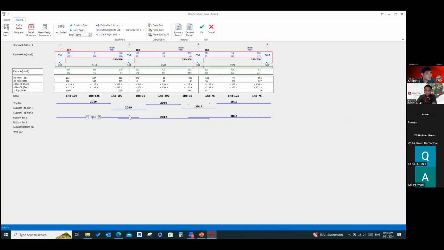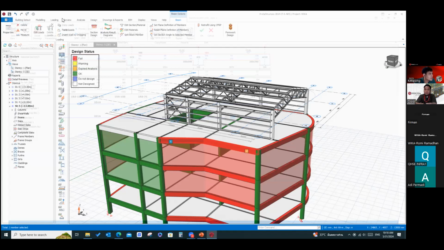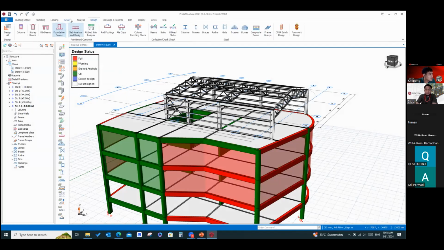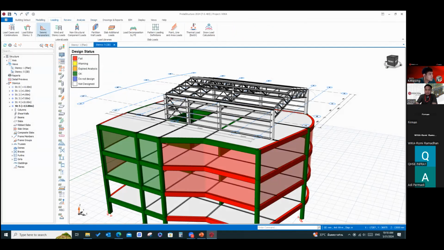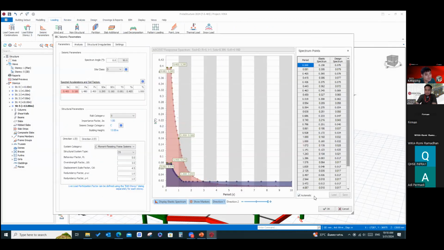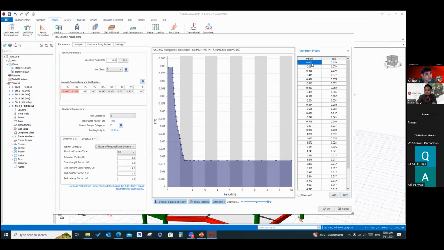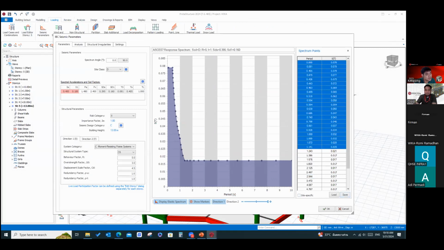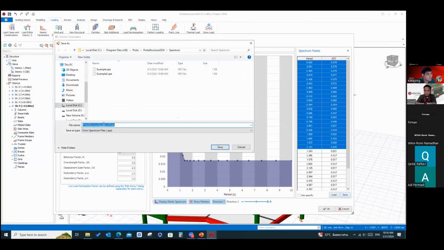Response spectrum analysis, right? So you mean the seismic design? Yeah, seismic design. Can we import manually from Excel, maybe? Actually, you can. You can save it like this and change the number.